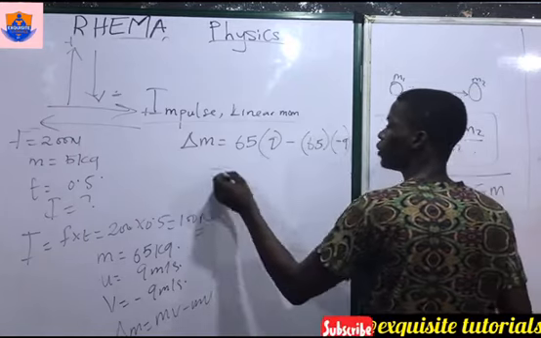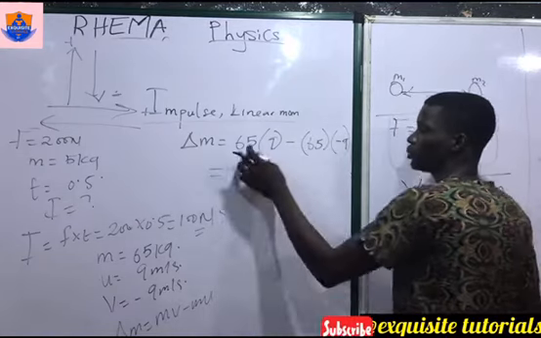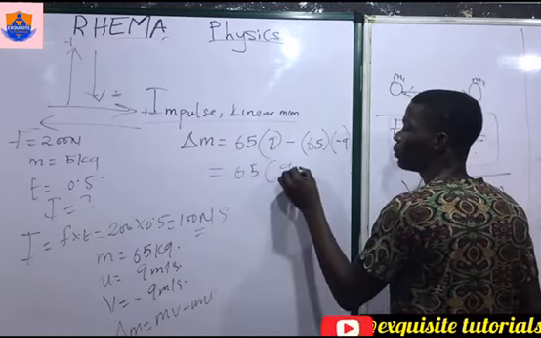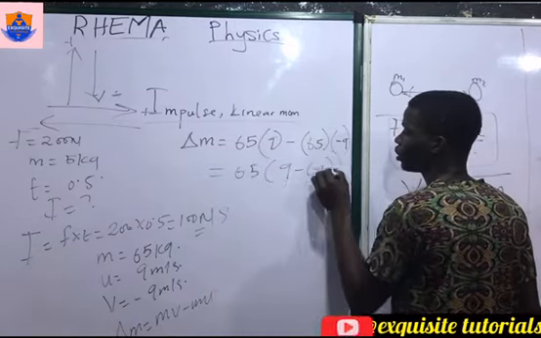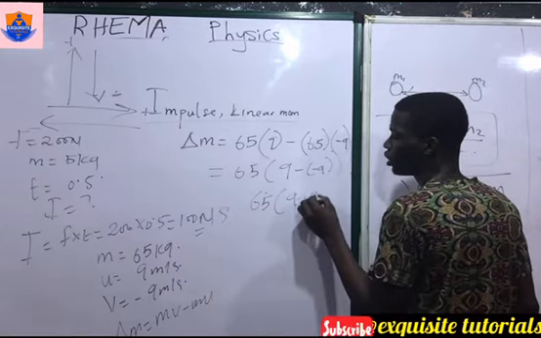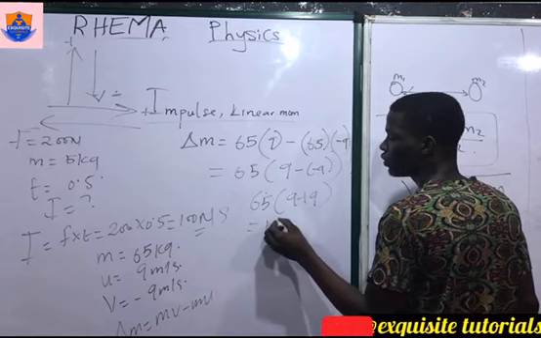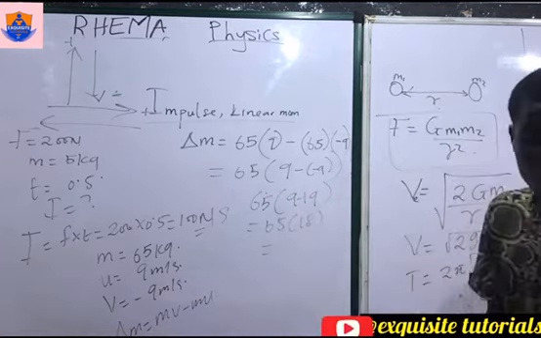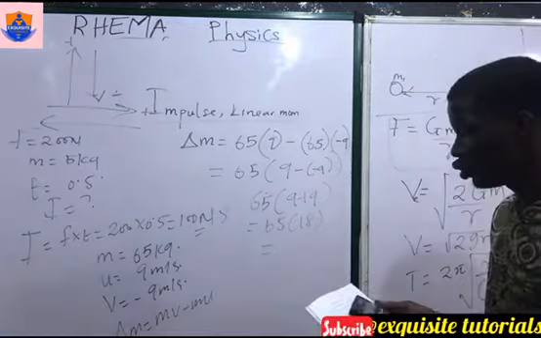Let's bring out 65 because it's common to both. So you'll have 65 bracket 9 plus 9, which is 65 bracket 18. If you punch that on your calculator,